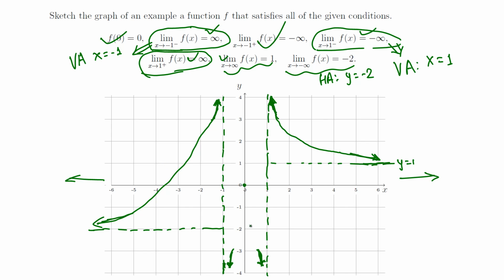But we can connect. Look, the graph goes from here, and we have these two things, x going to -1 from the right and 1 from the left going to infinity. We can connect these two and make a curve, not a corner, like this. A nice, smooth curve. So here is a graph. You can make it even smoother. There can be infinitely many correct answers, by the way. Okay, this is one example. Final